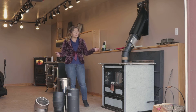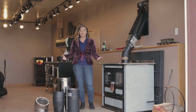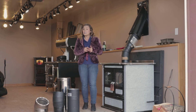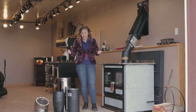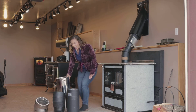So I get a lot of people that have existing stoves in place and maybe just need some replacement pipes, and they call me looking to match up with the pipe, which is great. We can definitely help you do that, but we do need to know the brand of chimney pipe that you are connecting into. Now this is especially important on the Class A chimney, which is this guy right here,